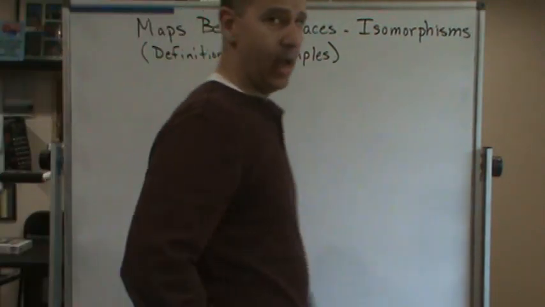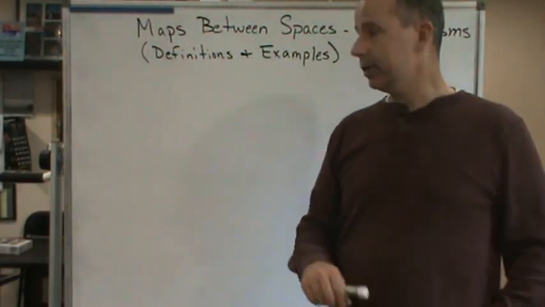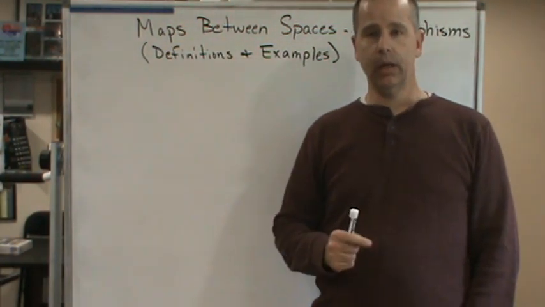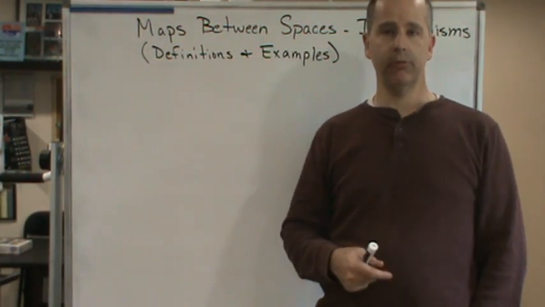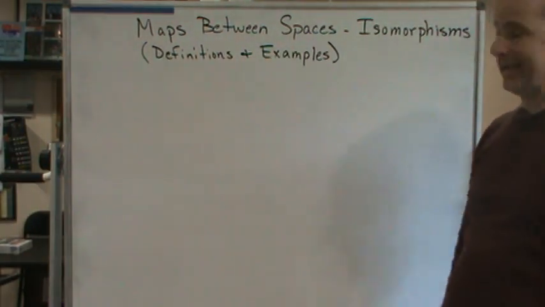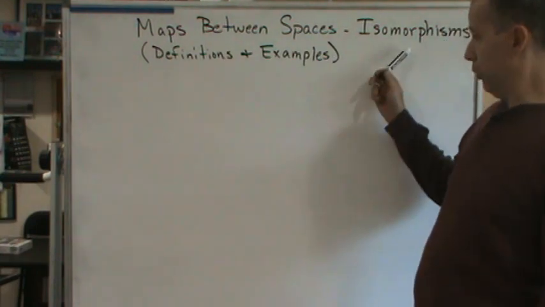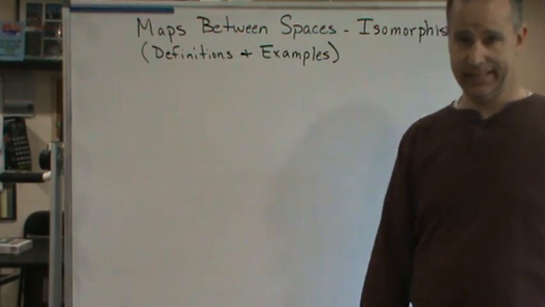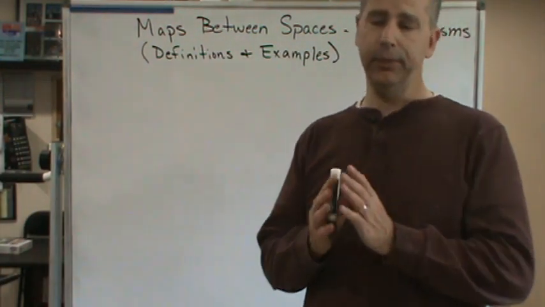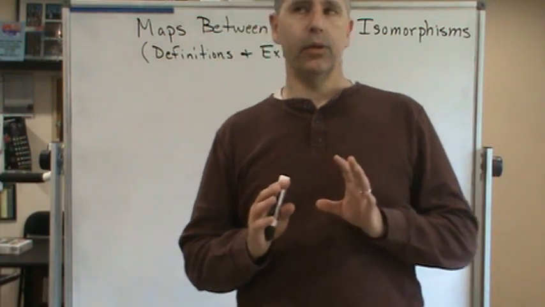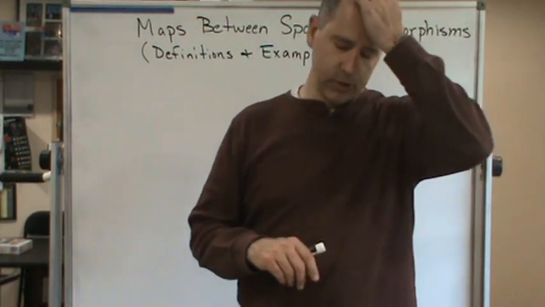All right, welcome back. Now what we're going to do is take the next step in our study of linear algebra. So this is titled Maps Between Spaces, and we're going to start with isomorphisms, and of course always start with definitions and examples. Now before we jump in with some examples, I want to reiterate or go over some things,